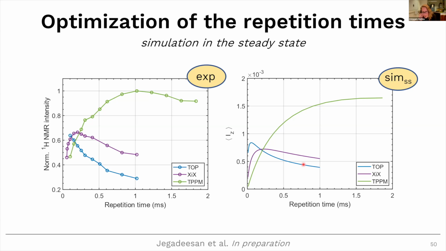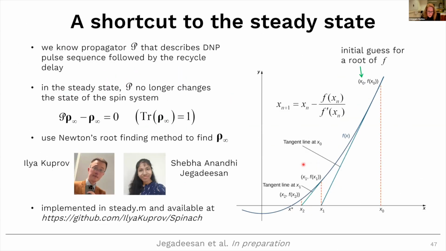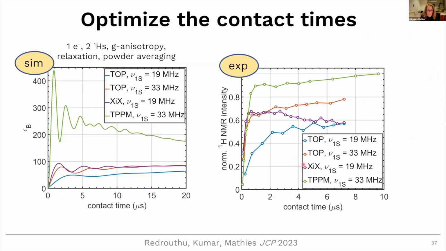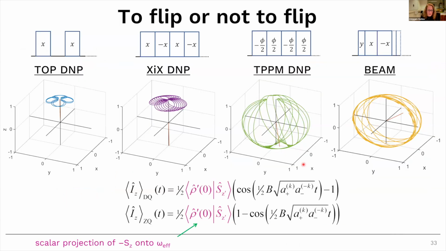What we've done with the novel sequence, and this applies to some extent to the TPPM sequence as well, is that with the TPPM sequence, you really move your magnetization all over the place. So it's not so strange that you then have to wait a long time before everything settles back to thermal equilibrium. And the same applies also for novel, where you